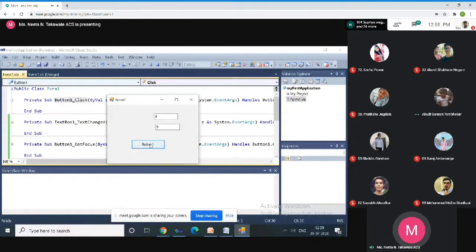So what is mean by event-driven programming? The click event will decide what should happen. Okay, the click event will decide what should happen. So it is event-driven programming because I am the user. Event is what? Click. Okay, I am driving the event. Okay, I am deciding what should happen when I am going to click on that button. Clear? Okay. Yes, ma'am.